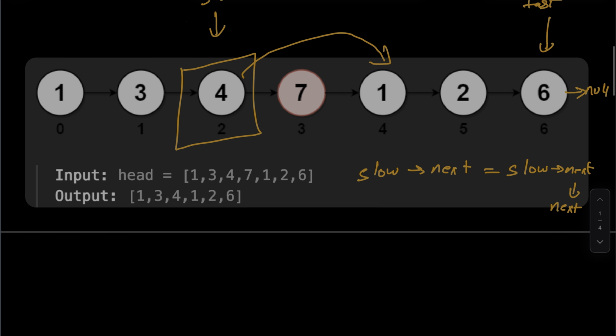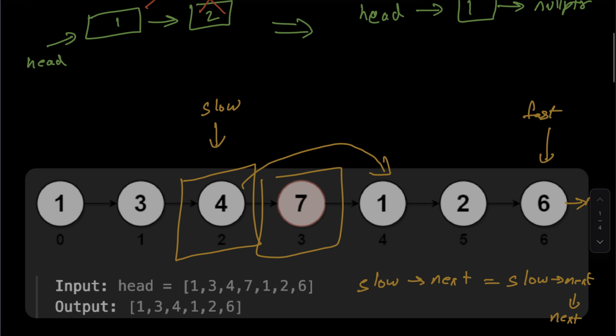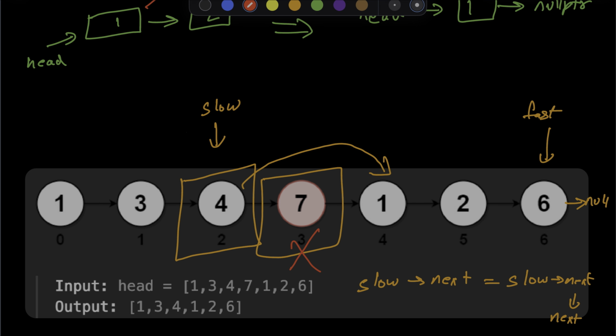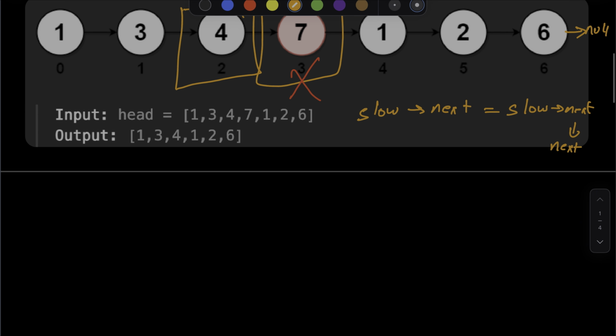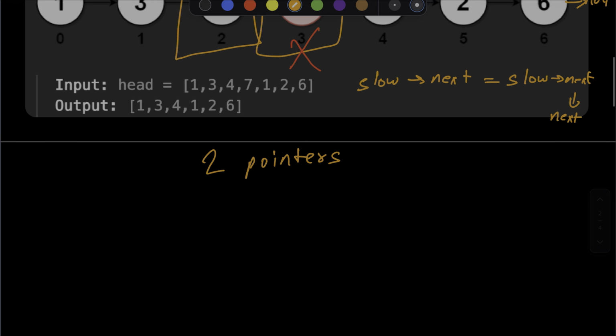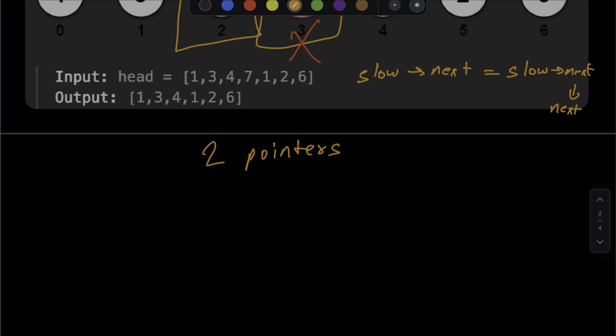So this is what we get: we just removed this seventh element from the linked list. This is now gone, and this is obviously what we wanted. So with a very slight modification, instead of using 3 pointers, we are now using just 2 pointers. And here we can see that we are traversing